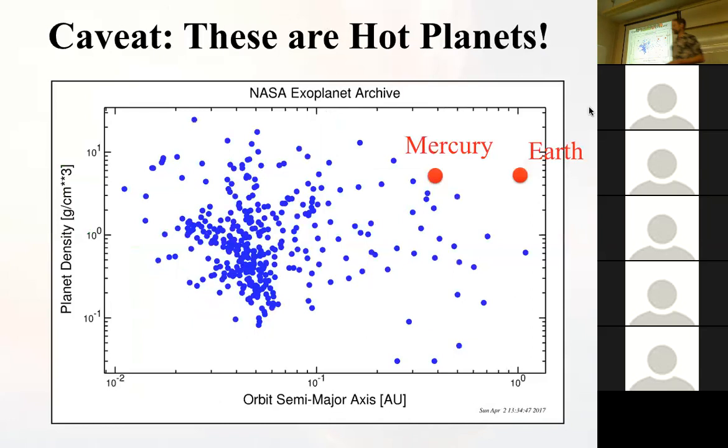Is there any correlation between heliocentric distance and type of planet? For example, the smaller rocky planets are also in its... That's actually exactly what this plot is showing. This is now showing the density of the planet as a function of the semi-major axis, so how far away they are from their host star. And in general, there's no difference between the distance from the star and the size of the planet, which is sort of reflected in this plot.